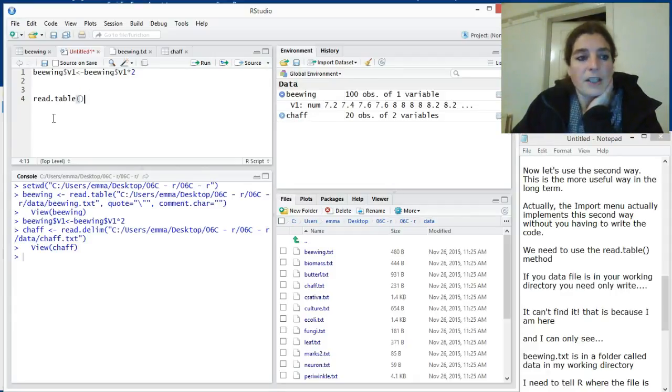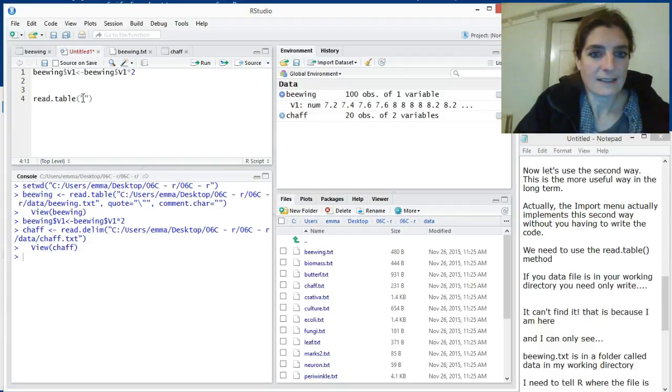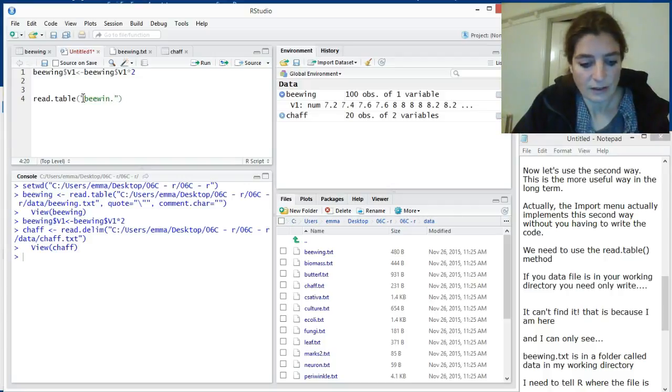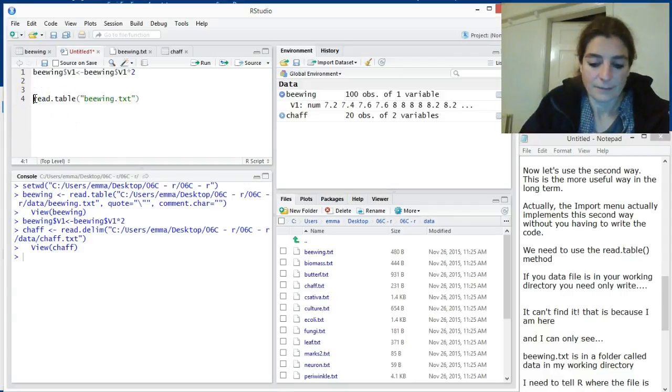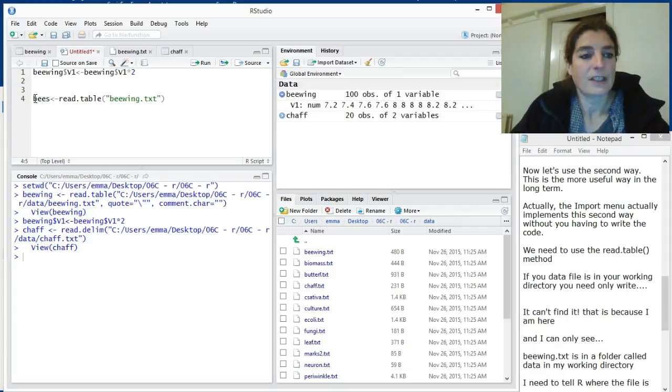Okay, so if my file is in my working directory, all I need to do is give the file name that it's in. So let's say it's bwing.txt in quotes. Oops, missed the G out there. I'm going to assign this to a data frame, and I'm going to call this one bees, because I previously read that into a data frame called bwing. So now I'm just going to give it a different name so that we can see the different effects. Now I click run,